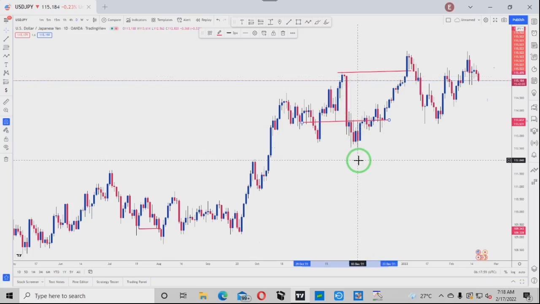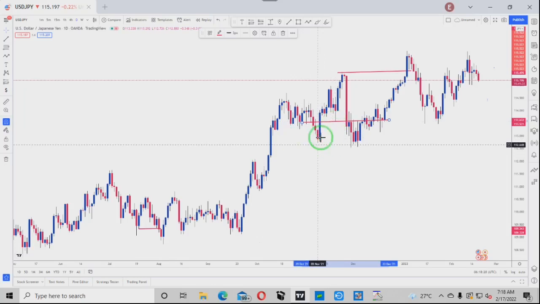Now, if you are the type of person that trades with only one break of structure, seeing this break of structure here, you would have said we are now bearish, and so you will mark this candle as your OB. But look at what price would have done. Would have taken you out of the market, because this is just one break of structure. All right, we need a double break to confirm a new trend. I cannot emphasize that enough. Now, this is simply a liquidity grab. Price grabbed liquidity that was resting below this low, grabbed liquidity that was resting below this low too, and price pushed up to break structure high here.